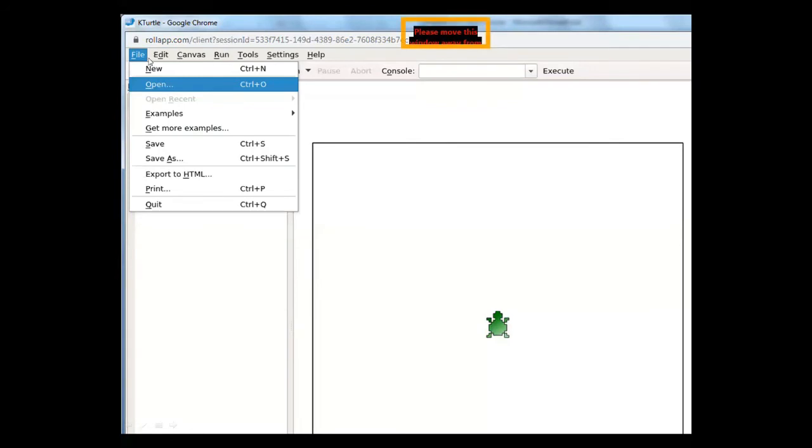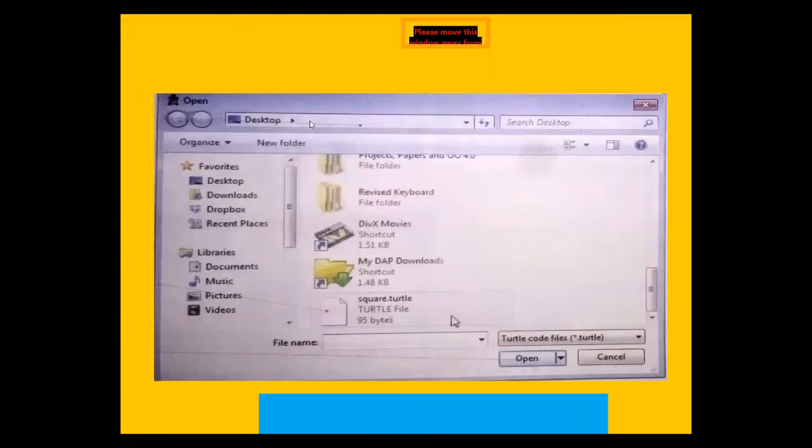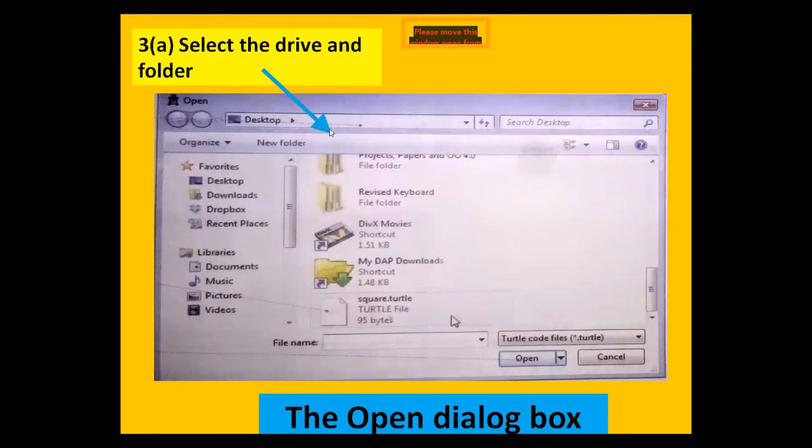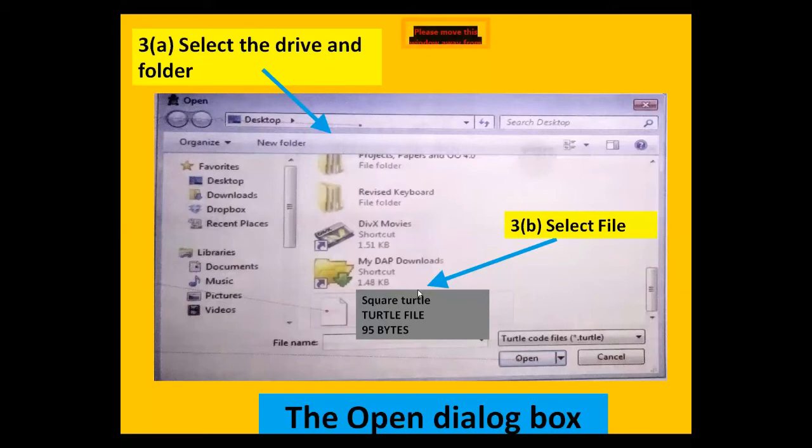This is the menu bar. On the menu bar, first click on file and click on open. So the open dialog box appeared. This is the open dialog box. In step number 3, to open the file, first select the drive, and after selecting the drive and folder, select the file, then click on the open button.